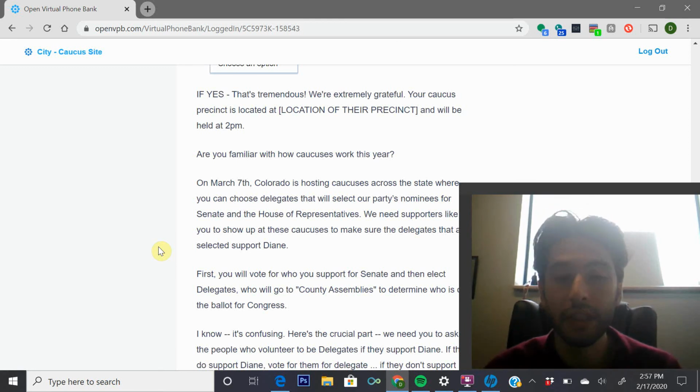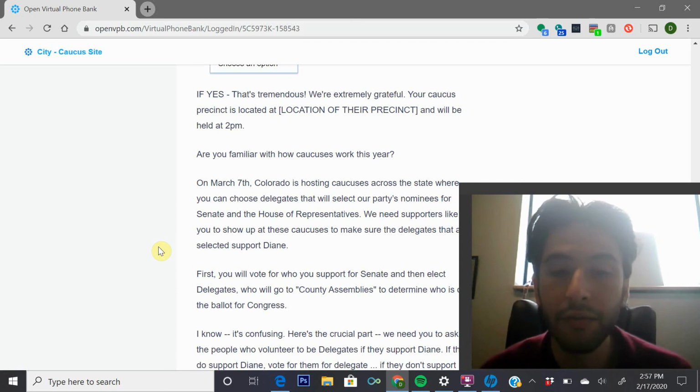So what's going to happen on March 7th is people are going to show up to caucus for a Senate candidate. And after that happens, delegates are going to be selected. These delegates go to county assembly, and then from there go to an assembly that happens to decide who gets on the ballot for this congressional district, right?